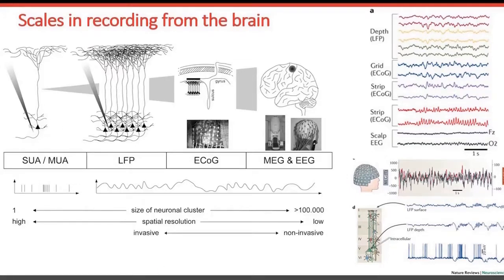Right? The scale of these recorded neurons increases from left to right. But this again happens at the expense of spatial resolution. So here we have very good spatial resolution, temporal resolution. Invasiveness of a method is another important issue, especially if a BCI should be operational over a long period of time. On the left side,